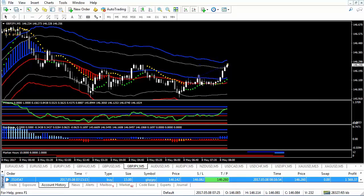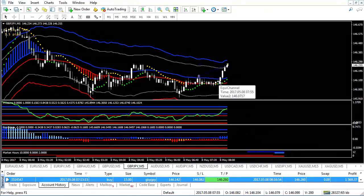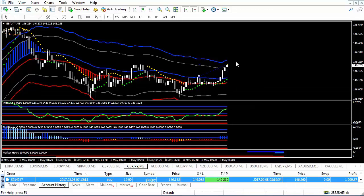We entered the trade, did go a little bit sideways, got a second opportunity, and then finally when it did get going, it took off. It explodes out of these equilibrium levels, and as a result, we have